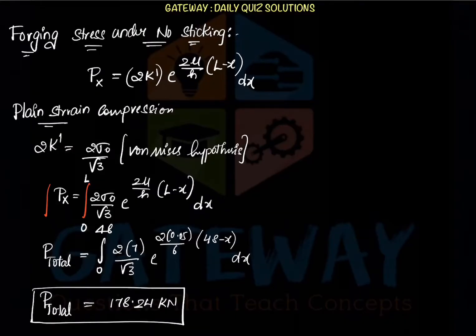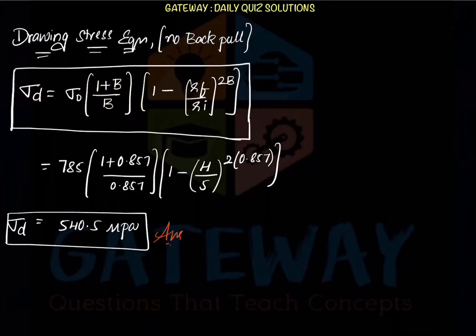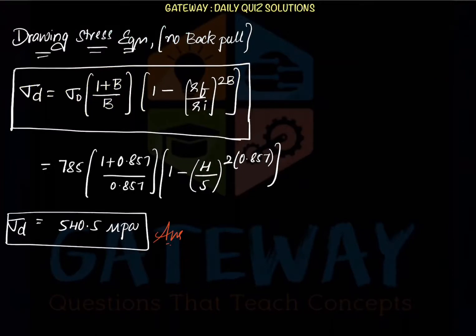If anyone wants these derivations, the proper way how these things were derived, you can just convey your message to us on Telegram. Sure, we'll be making concept videos on this, so this will be cleared. Since these are solutions videos, we can't make complete derivations here. It will be taking a lot of time.